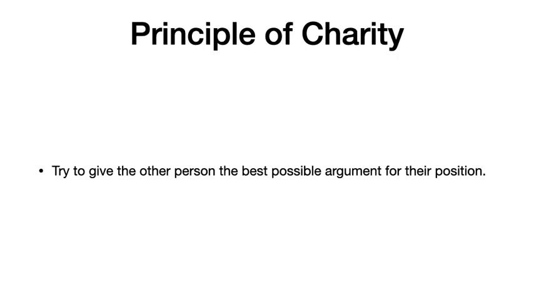Why do we want to do that? A, it's just basic fairness. We should be fair to people. We should not make them out to be stupid when we can help it. And B, I think it's the best way to learn from other people's arguments if we take them seriously, if we try to make them good arguments. C, and finally, if we can make their argument as strong as possible, that is important if we think they're wrong. If we can make their argument as strong as possible and show that it still doesn't work, that's pretty powerful. If we give somebody a dumb argument and that doesn't work, all they need to say is, well, that's not what I mean, right?